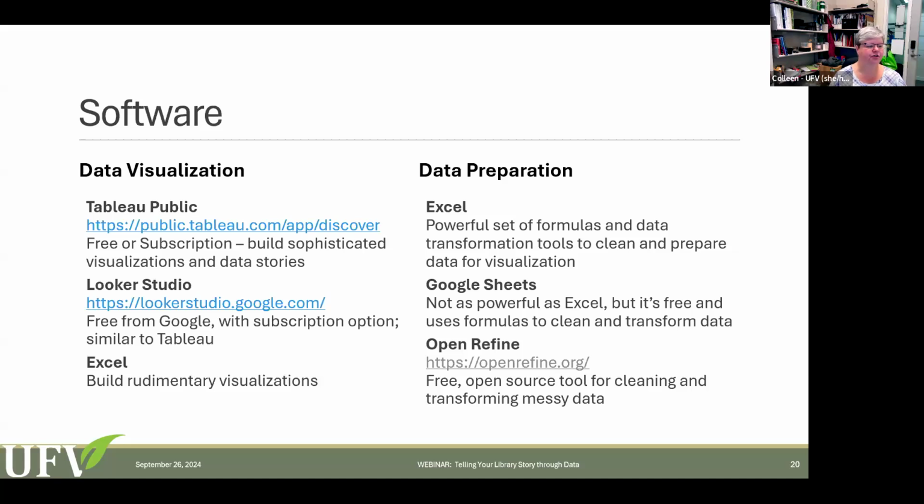The next one down, Looker Studio, is Google's version of Tableau. It's newer than Tableau. Tableau's been around for quite some time. It is kind of an industry standard, so a lot of people use Tableau. There's actually a really great community around Tableau that I was able to use several years ago when I was on a sabbatical and I was working with data and learning Tableau. I used the community a lot, and they are very generous. And then Looker Studio is Google's version. It's newer. I have not played around with it much. It's very similar to Tableau in functionality.